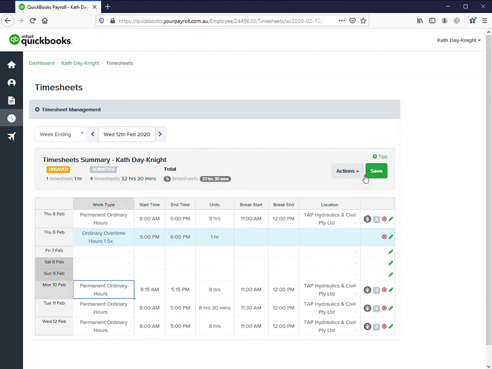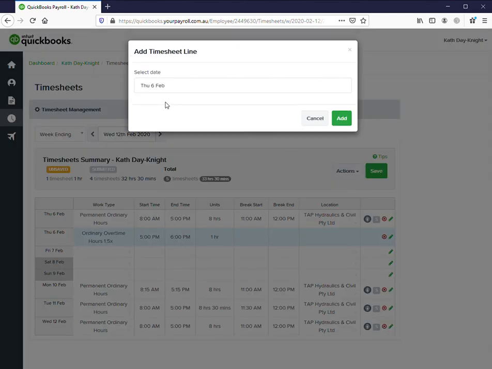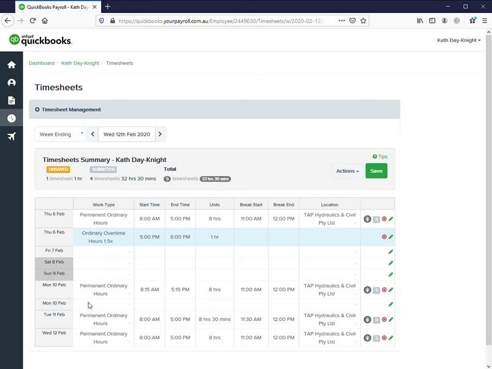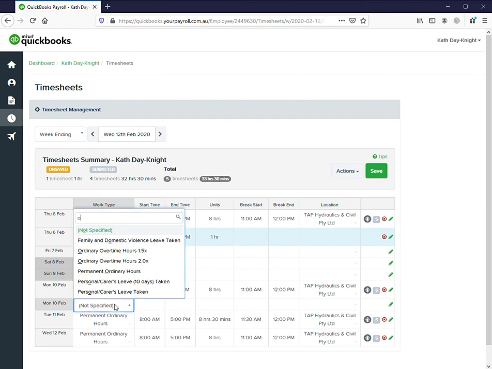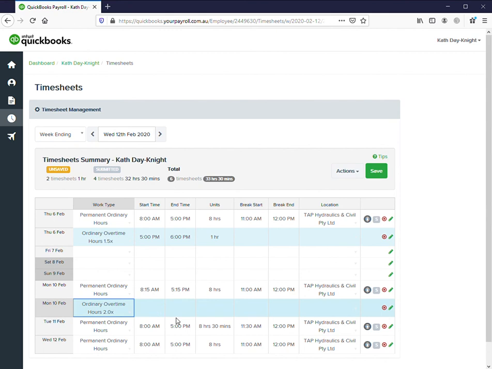And then I might add another overtime line in here. So add another timesheet line. And this one's going to be for Monday. I'll just stay out of weekends for the moment because this is just a demonstration. And so I'm putting in the word ordinary. And this is a double time. So you can see here I finished at 5:15 on Monday. So if I go